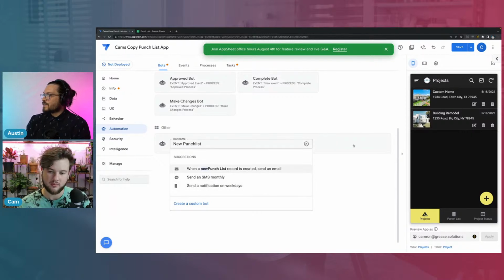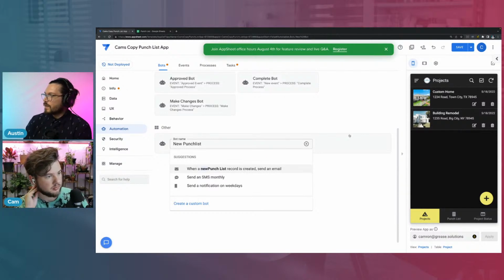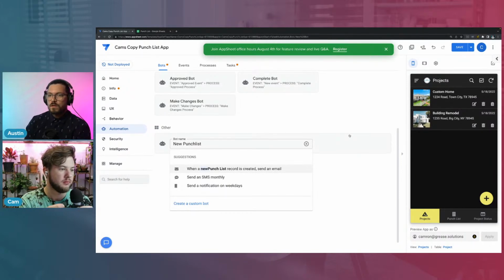That's a good point. He said, you know, learning how to think outside the box with the different features of AppSheet. As you start growing in your AppSheet knowledge, you just start thinking creatively. I'm like, oh, I could actually do this, and I can use this concept to help me build it out this way. I think one of the forms uses app formulas and link to forms, so you could also do it that way. That way they can't